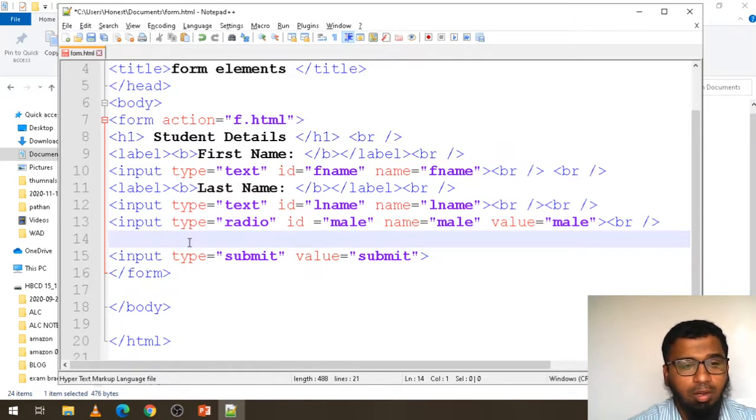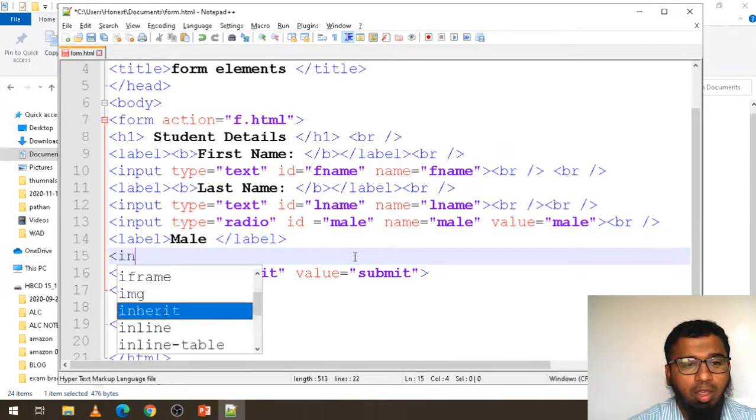So here now we need to give the label, okay, opening tag, closing tag. Here you need to write whatever the thing you want to give here, male, okay.